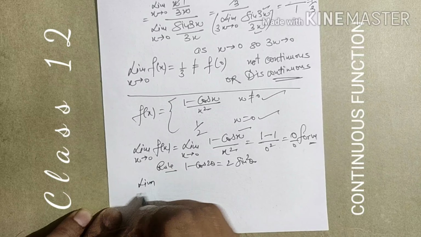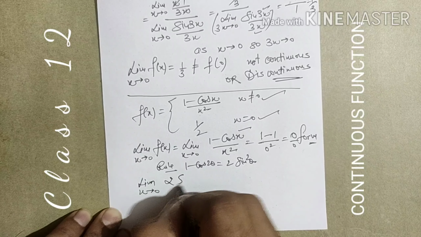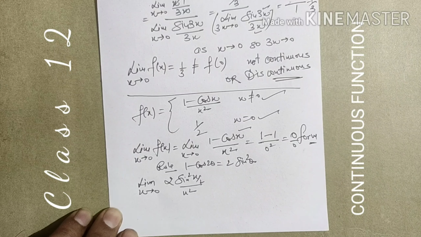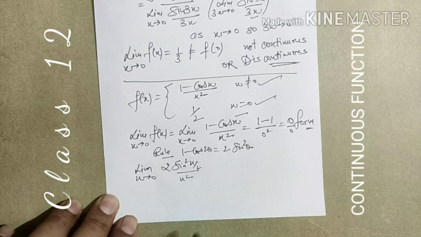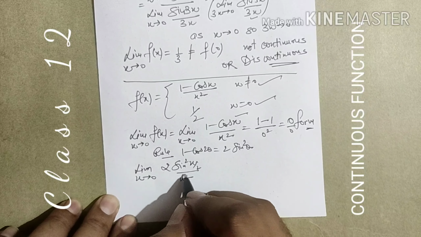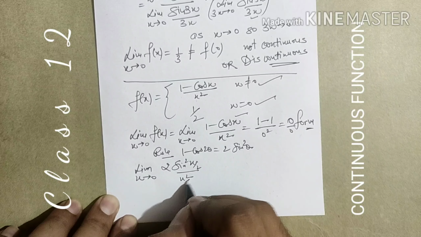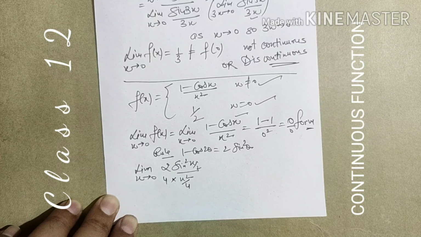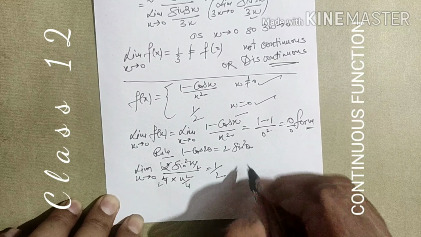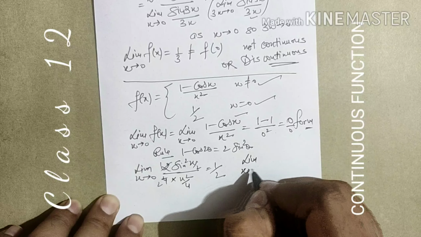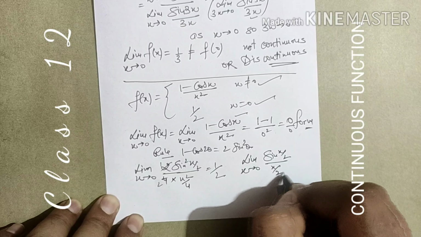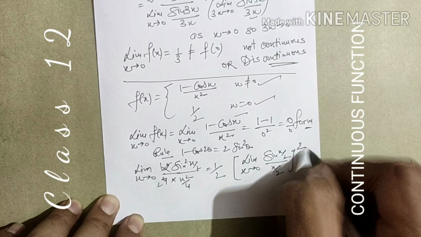So we get limit x tends to 0 of 2 sin square (x by 2) divided by x square. Here, the angle is x by 2, and we need the square of the angle, but we have the square of x. So we divide by 2 and multiply by 2. By solving this constant we get 1 by 2, taking it outside. Limit x tends to 0, it is the square of sine of x by 2, and downside is the square of x by 2, taking it in the bracket with whole square.